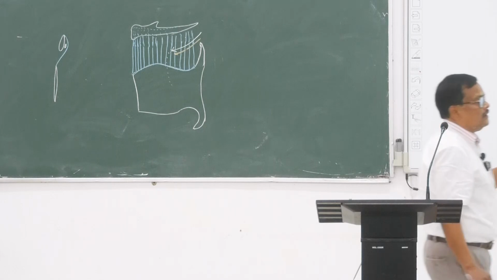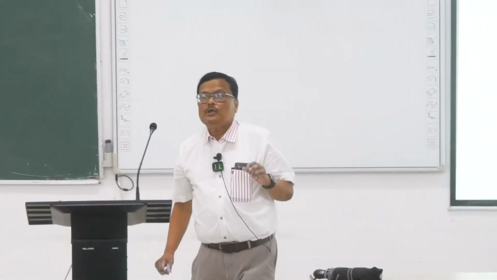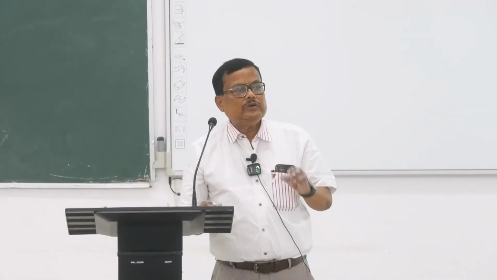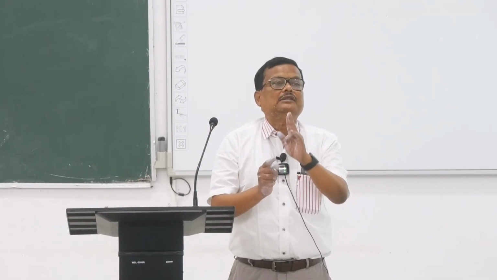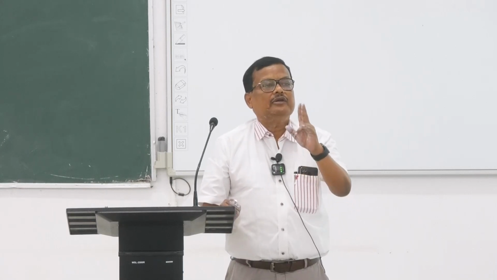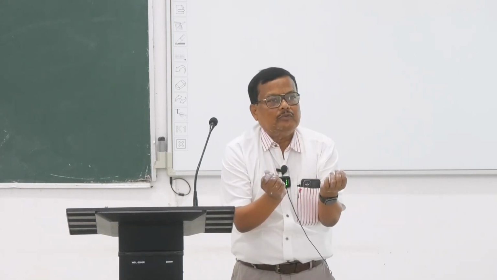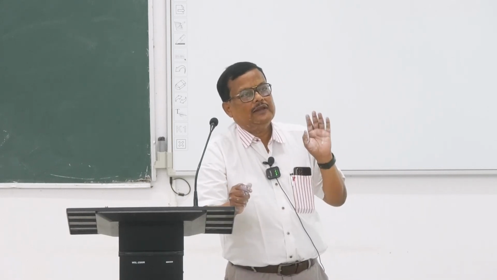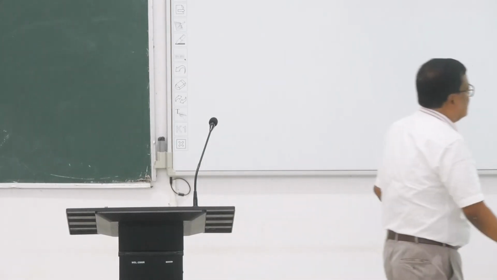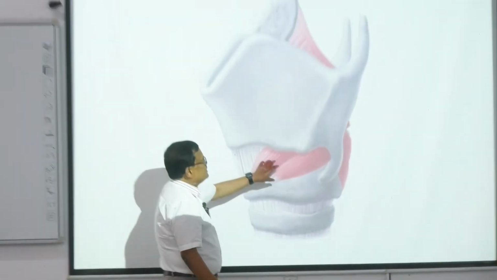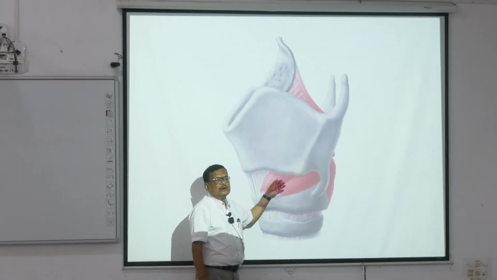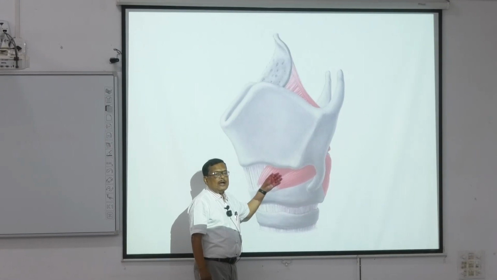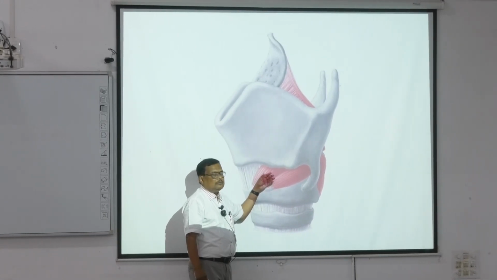So, there are other important muscles known as the intrinsic muscles. All the intrinsic muscles usually can be viewed after you cut the laryngeal cartilages, especially the thyroid cartilage, because they remain within the cavity inside of the larynx. But only one intrinsic muscle can be viewed from the outside. It is the cricothyroid muscle. Key muscle? Cricothyroid muscle, very important.